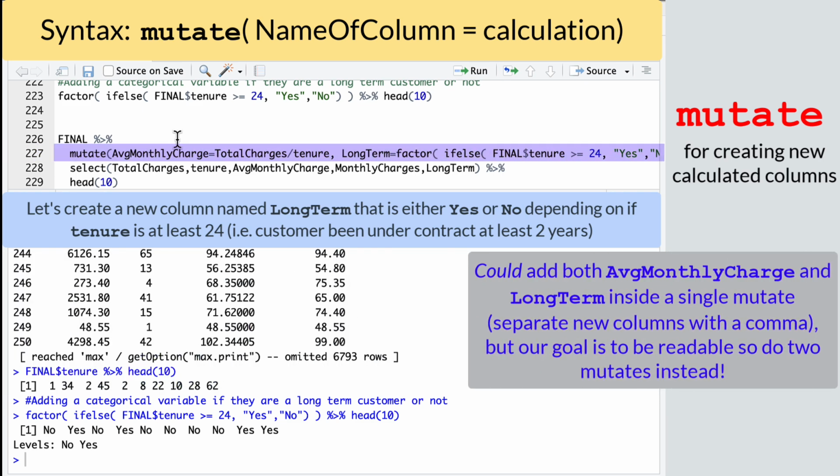So what we could do is also add this column with the mutate command. And this is where we have to worry a little bit about how clear our code is that we're actually writing. If we were to take final and pipe that into mutate, I can add in more and more columns just by separating each column and its computation. So I could say mutate average monthly charge equals total charges divided by tenure. That's the column I added before. And then put a comma and say, okay, and then also add in a new column called long term, which is the result of running factor on that ifelse function to see if their tenure is at least 24 or not. So, I could do it this way, but that's a really long line of code,